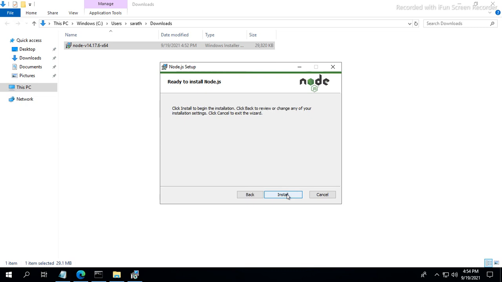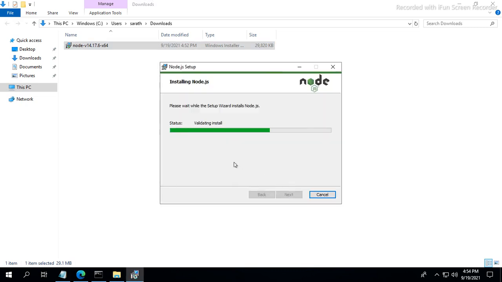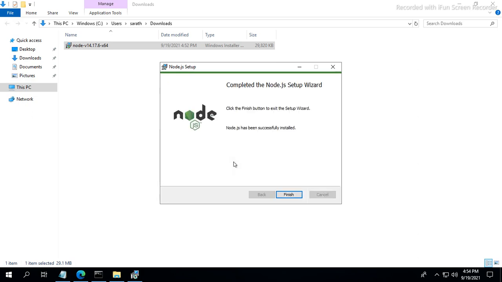Next and installing. Node.js is installing and copying folders into Program Files. Maximum it will take 2 to 3 minutes to install. Yeah, Node.js has been successfully installed.